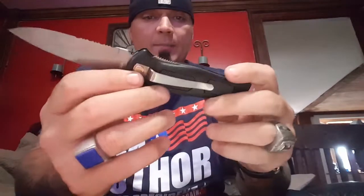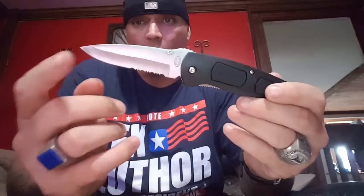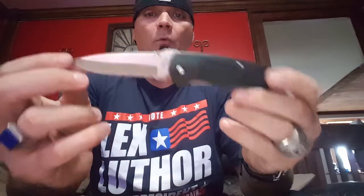All in all, I mean, what do I have to say about this knife? For $5, there's other options. I've actually showed you other options. I've given you other options. There are plenty of knives out there that I would recommend before I recommend this one. What I will tell you is this: if you are looking for a throwaway knife that opens fast and you can use in a hurry if you need to, if you're attacked by Sasquatch, not a dude in the street,